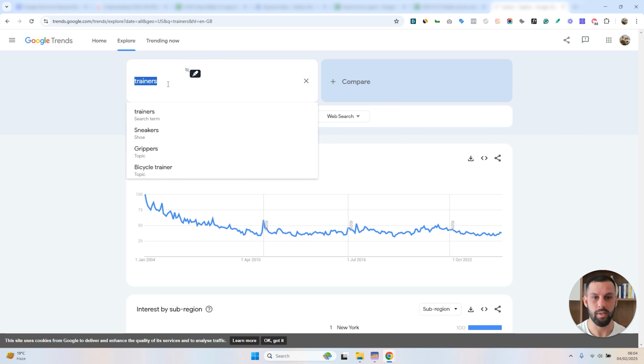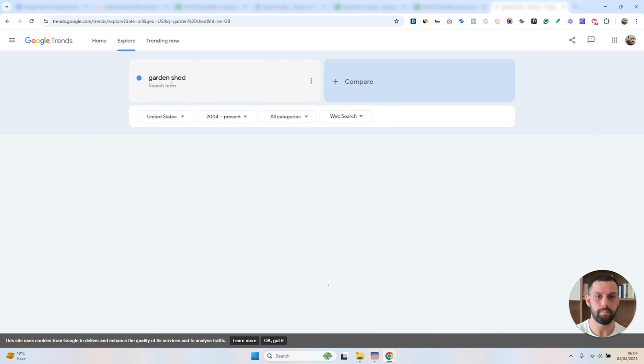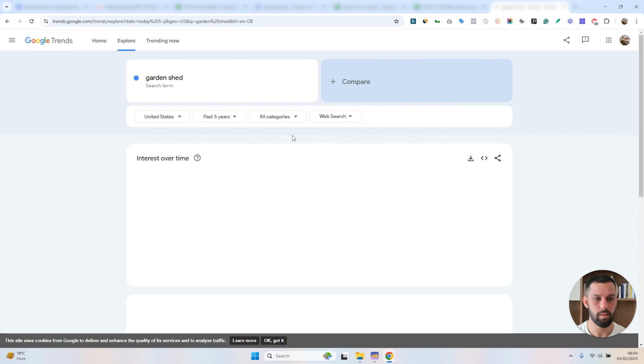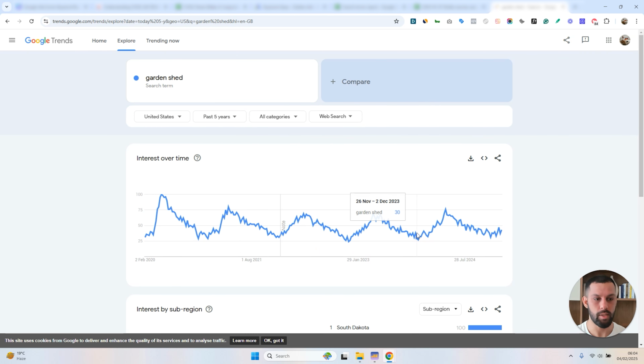Now let's take a look at something that's maybe a little bit more seasonal. Let's put garden shed, and let's look on a slightly smaller time frame, just so it's easier to digest. So this is something that's perhaps a little bit more seasonal. And the reason I wanted to show you something that is a little bit more seasonal is because you can then use this data moving forward to project when your peaks are going to be and when your lows are going to be. So if you're making projections of the year ahead, you can then determine when your best months are going to be, when your worst months are going to be, and how you might want to budget your